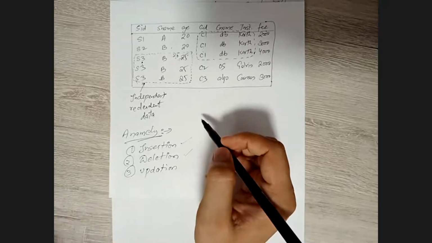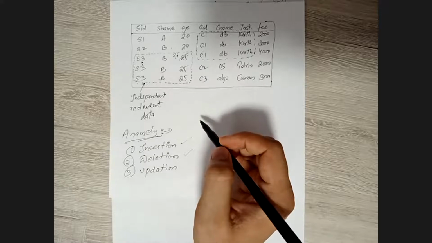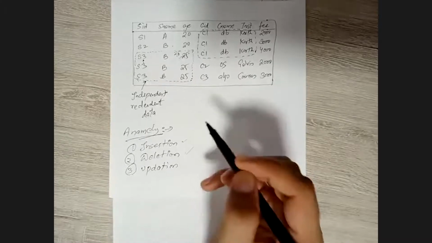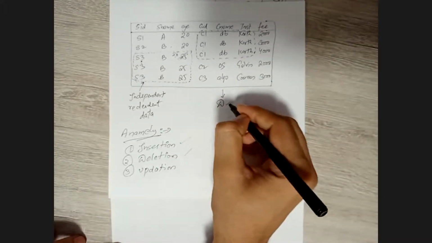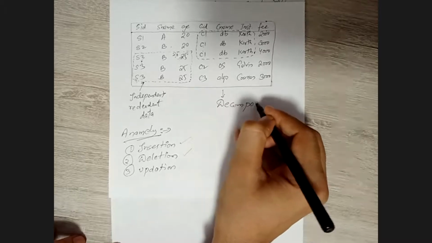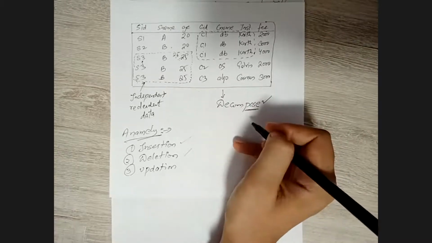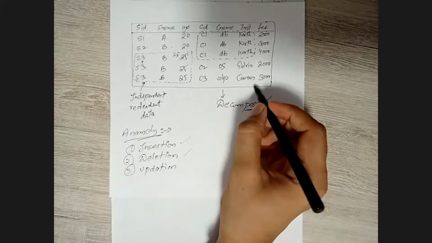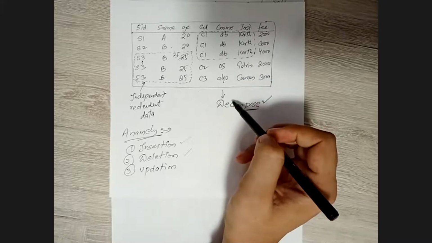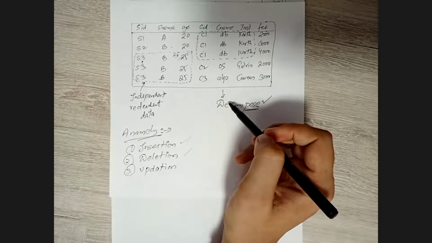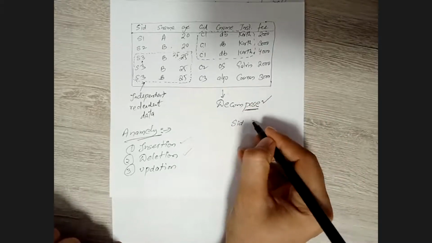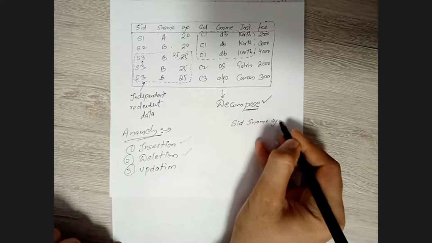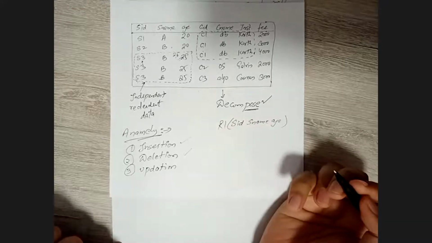So in broad, when we talk about normalization, what it does is split our database table, or decompose our database table relation. We perform the decomposition, splitting the database table into more than one different tables. For example, if you take this scenario, what I can do is take SID and S name as one relation, R1.